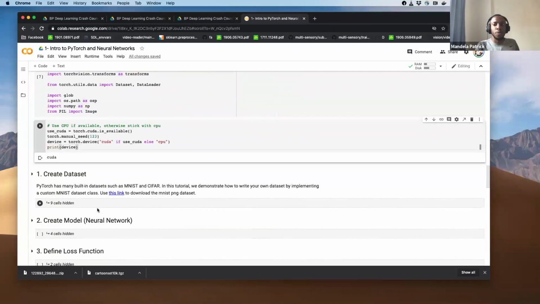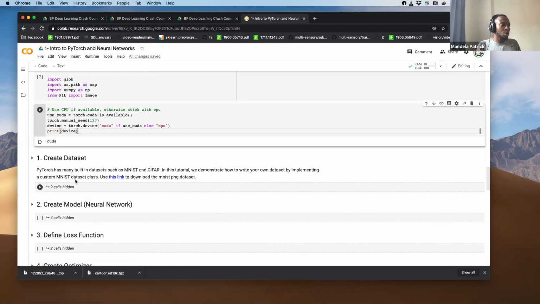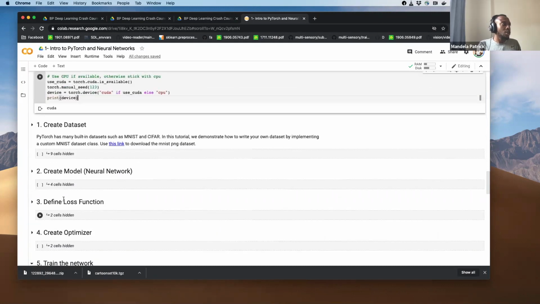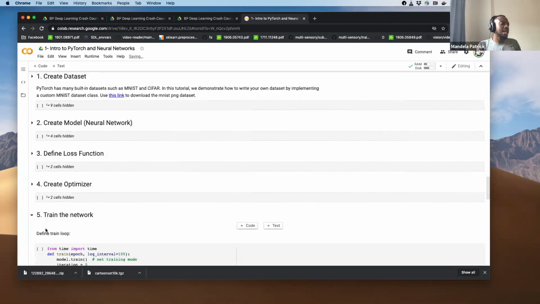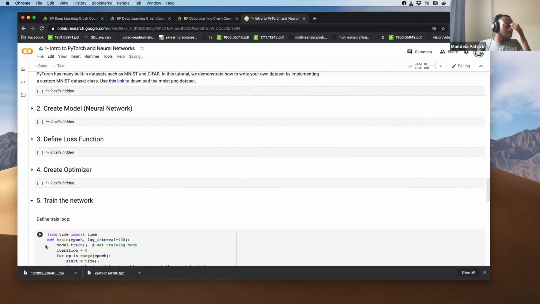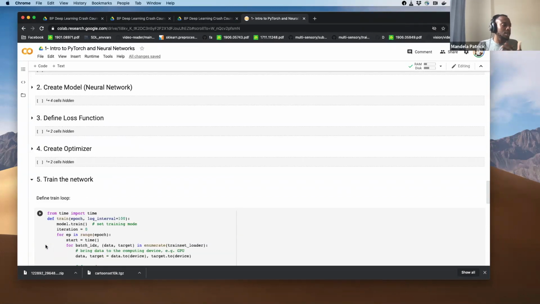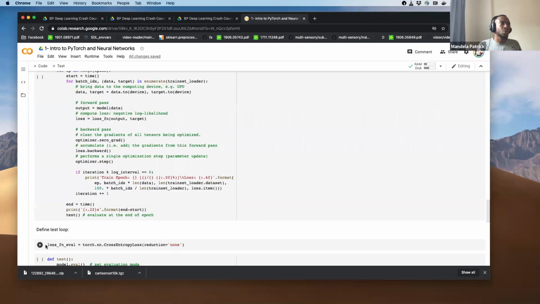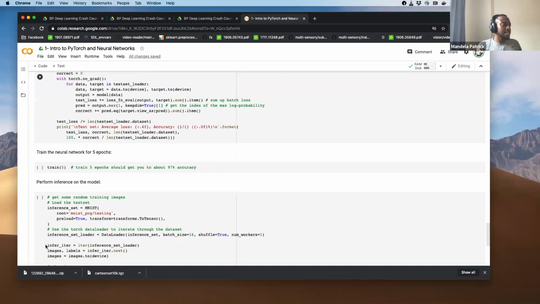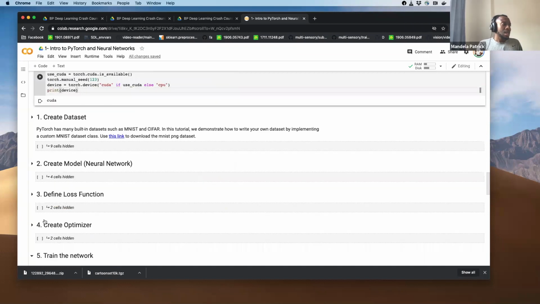This is how you can mentally structure most machine learning applications at a high level: you define a dataset, you define a model or neural network, you define the loss function, which we looked at, then the type of optimizer to learn the weights of a neural network, and then we iterate through the data, compute the loss, and update the weights, essentially. So I'm going to take you through each of these steps in PyTorch.